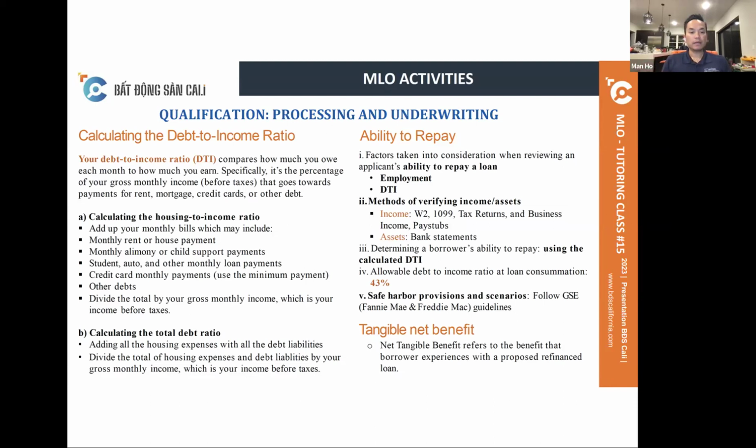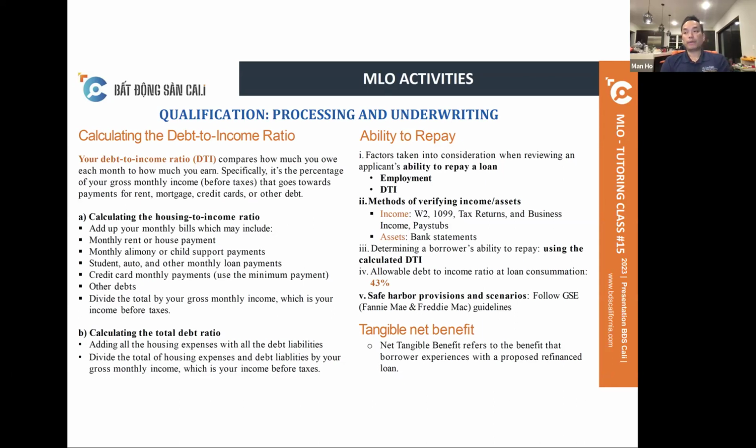Calculating the housing to income ratio, add up all your bills, monthly rent, HOA, child support, alimony, student loan, auto, credit card, any debt, divide that by total gross income, which is your income before tax. Calculating the total debt ratio, add all these housing expenses with all the debt liabilities, divide that by the total income per month. Okay,